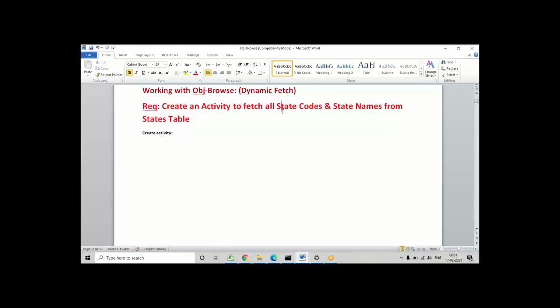Any requirement you work on, you may get a requirement like this: create an activity to fetch all the state codes and state names from the state table and map them to the state property in the customer design. Accordingly, we need to work on the steps here. The UI design is already there, so there's no need to add the UI design again. Accordingly, we'll perform the steps here.